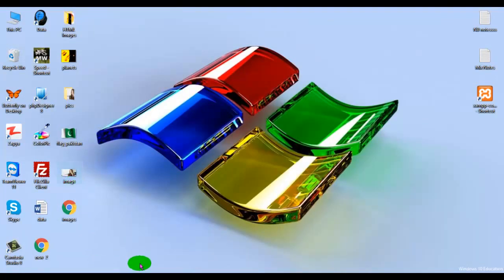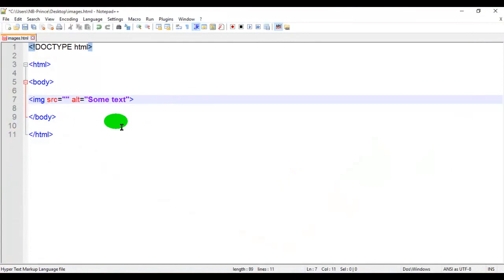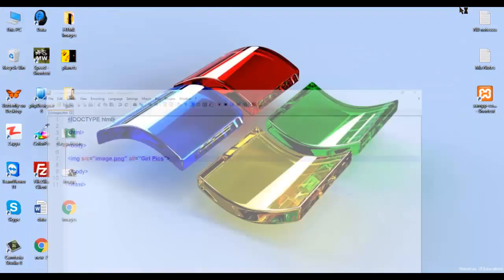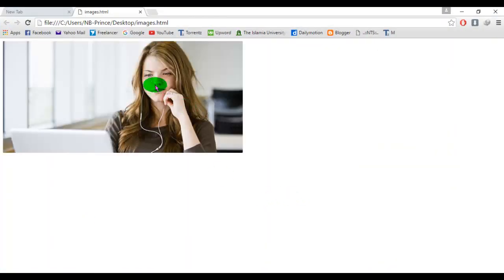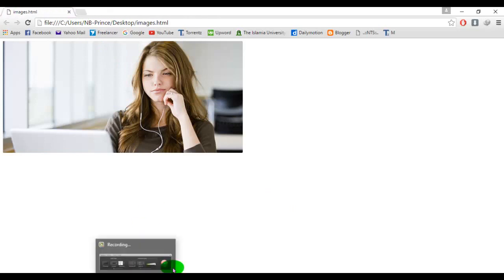Its name is image, so I will call this image.png, as its extension is PNG, and here we will give the alternative text. If the image does not show, then the alternative text will always show on that page. Now let's see in the browser. So here we can see the image comes as we gave in the URL.